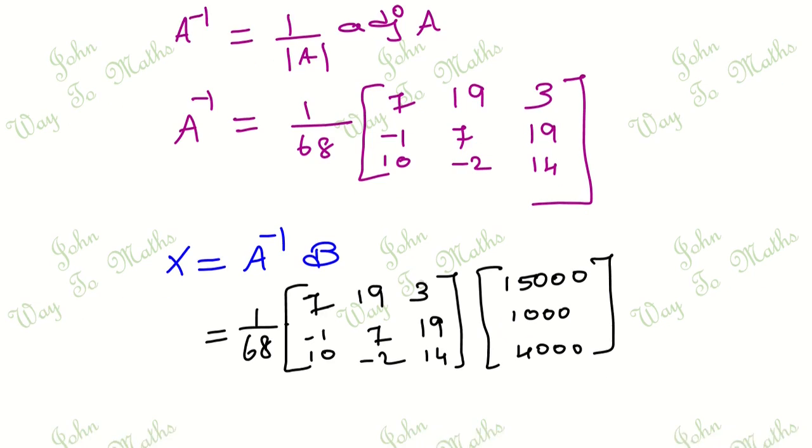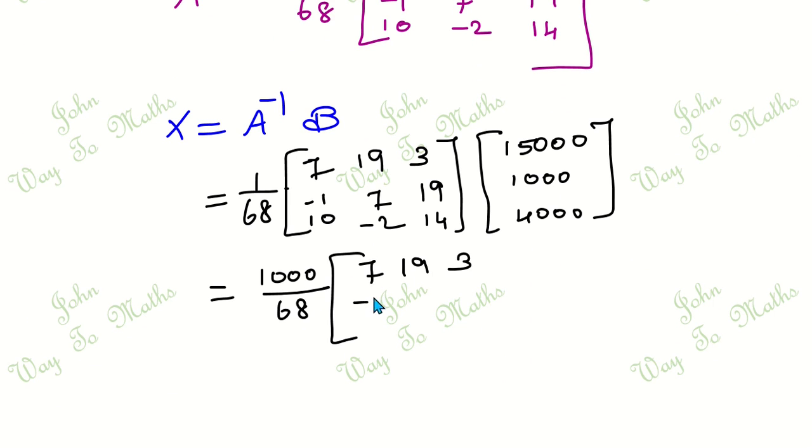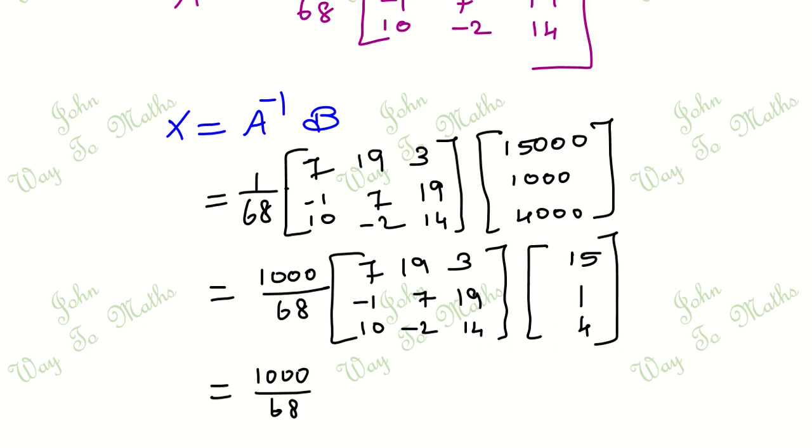So first I'm going to take 1000 in matrix outside, so 1000 by 68, here 7 19 3, minus 1 7 19, 10 minus 2 14, so 1000 taking means here remaining value, here 15, here 1, here 4 is there,